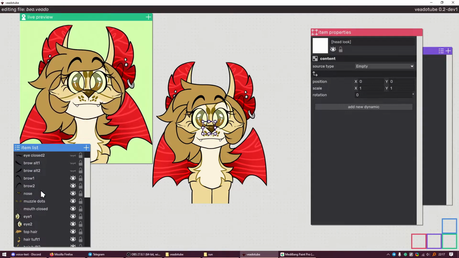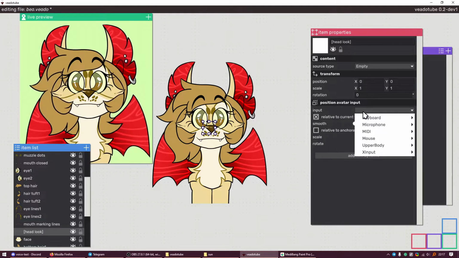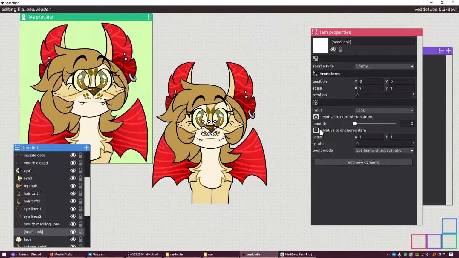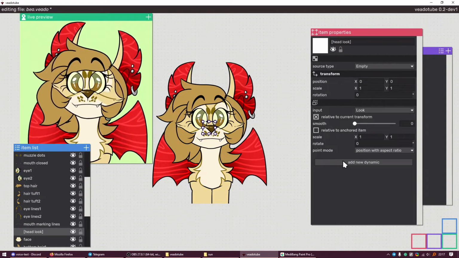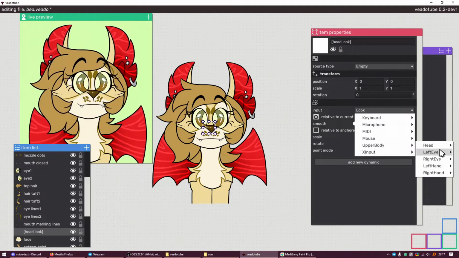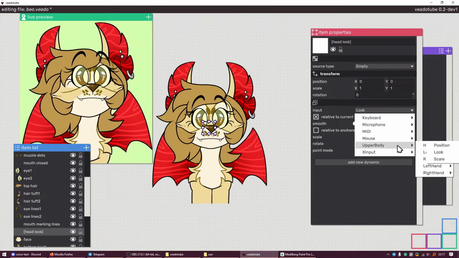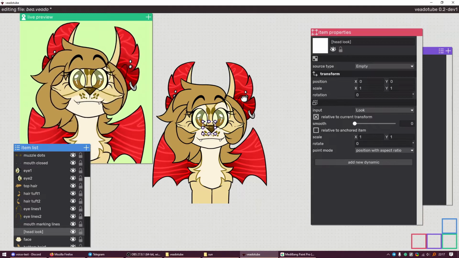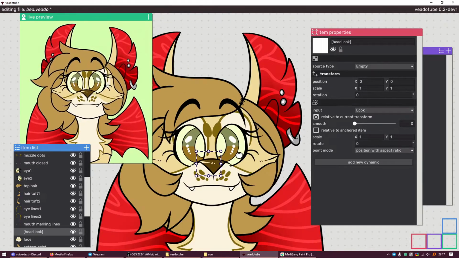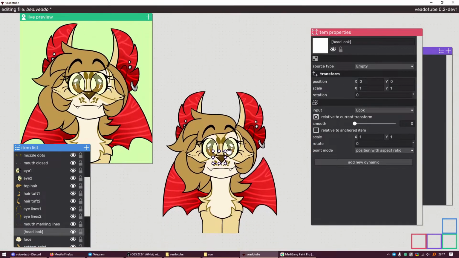And now that everything's linked to head look, I can add an avatar input for the head look in here. This is the direction that my head is looking, by the way. It's different from eye tracking, which isn't supported yet. Although you can find eye tracking in here, I haven't managed to make that work yet. So that's a thing that's gonna happen in the future. For now, you can use the mouse position for the eye tracking. This model doesn't have eye tracking. The eyes are baked in, which isn't an issue. You just won't have eye tracking.